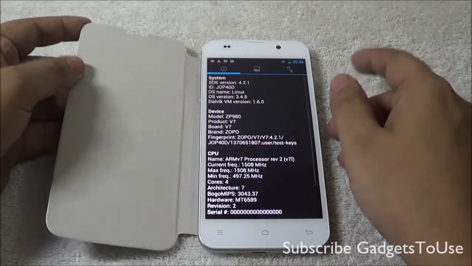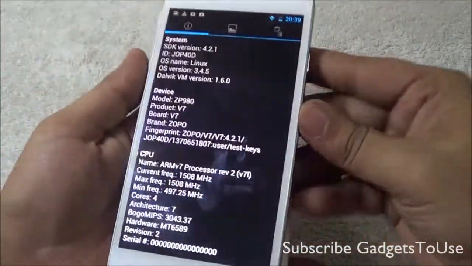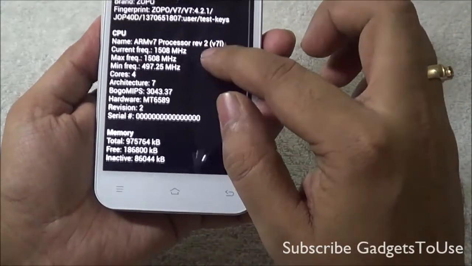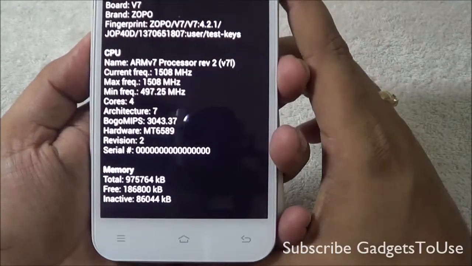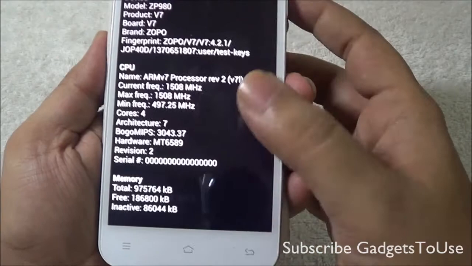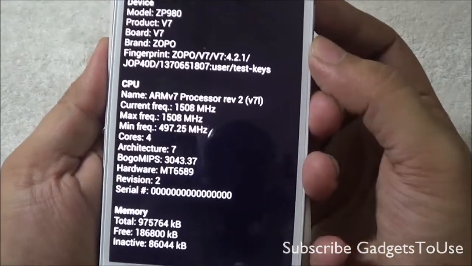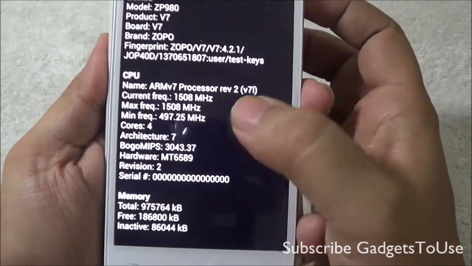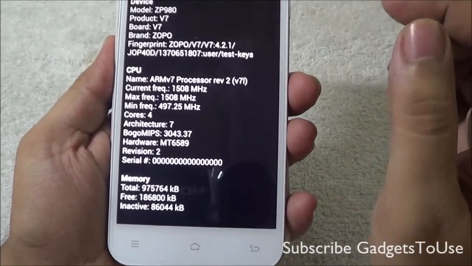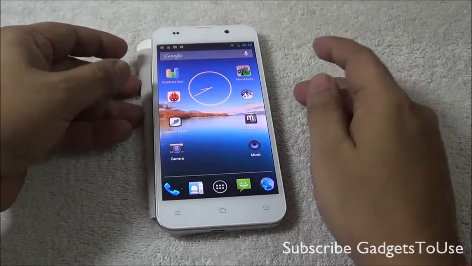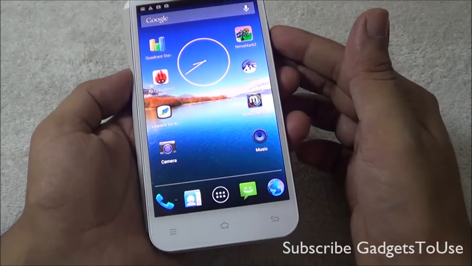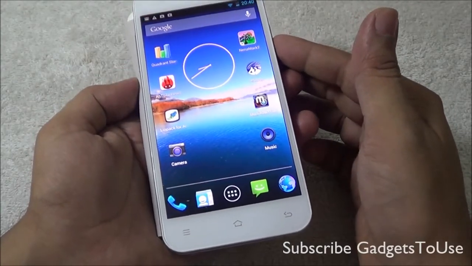Hardware information of this device. Here we have the hardware information of the device. As you can see, we are running Quadrant Standard as of now. When we talk about the processor on this device, we have an ARMv7 processor, which is the same processor we see on the 6589 as well, whereas the frequency of operation is 1.5 GHz, as you can see over here. When it comes to the cores, it is again a quad-core processor, but the frequency of operation is higher. Now here we have installed a couple of benchmark utilities to test the overall performance of this device, which is running on the turbo chipset.